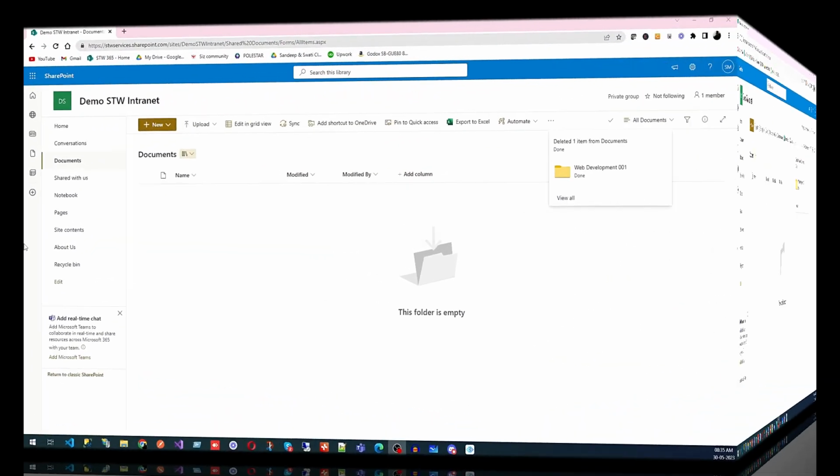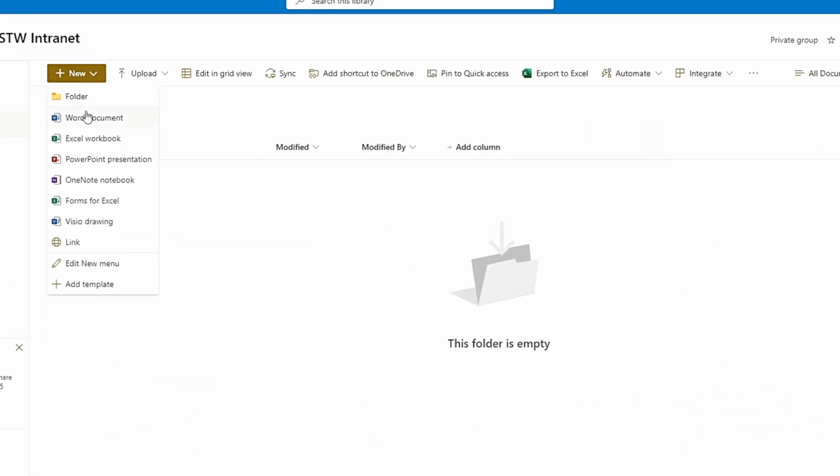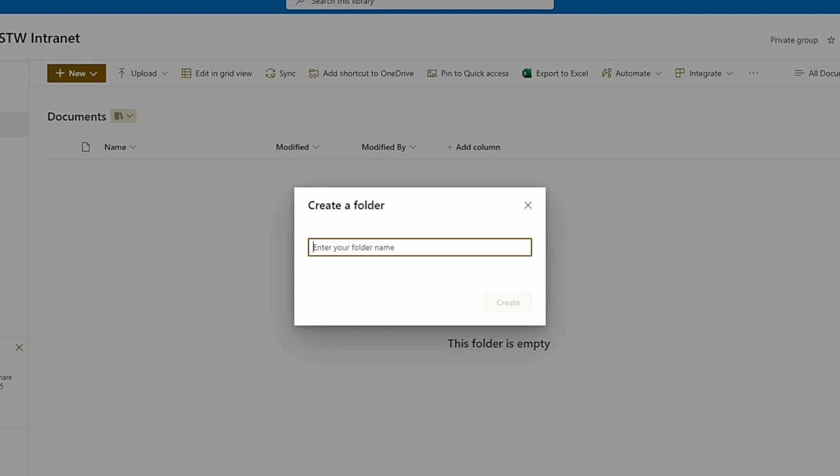In this segment of this video, we are going to discuss how you can manage documents in your organization. For example, many times in your organization, you have such a requirement where you have to manage documents as per your department, sometimes as per your projects. In that case, what you will do in SharePoint is you will go in documents, create folder for that particular